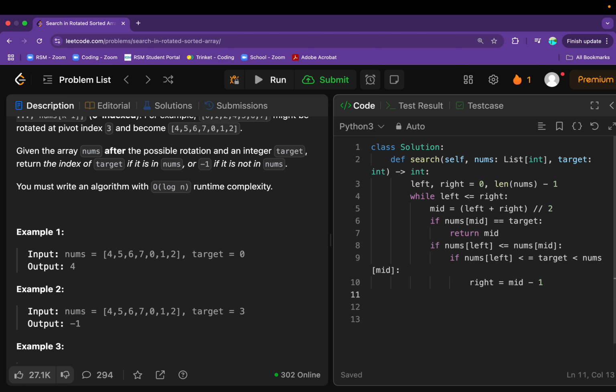Now, if nums at left is not even less than or equal to nums at mid, that means the left half isn't sorted. And if the left half isn't sorted, then we know that the right half has to be sorted, because again, in this rotated, originally ascending sorted array, one half is always going to be sorted, whether it's the left or right half. So in this else conditional, the right half is sorted instead of the left half. And if nums at mid is less than target, which is still in bounds of nums at right, with the less than or equal to sign at nums at right, another observation to make,